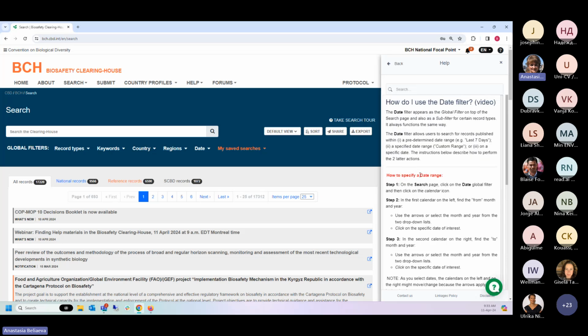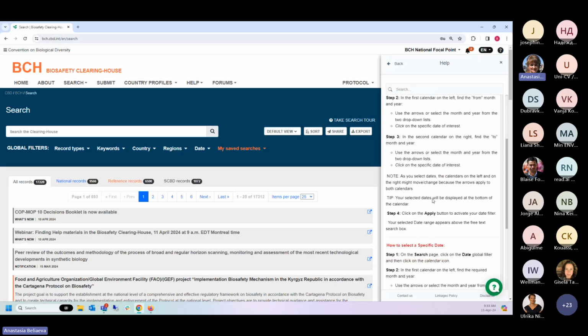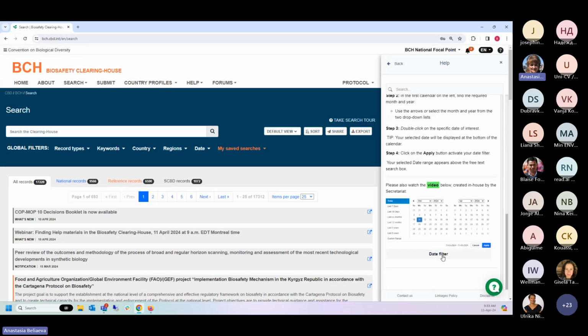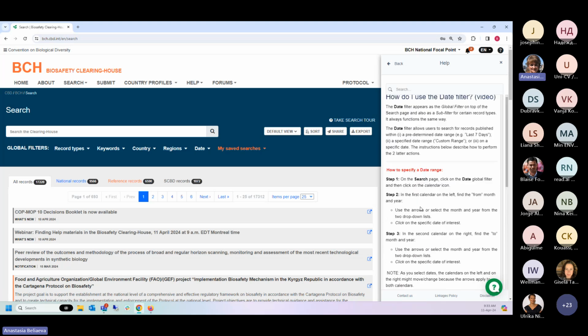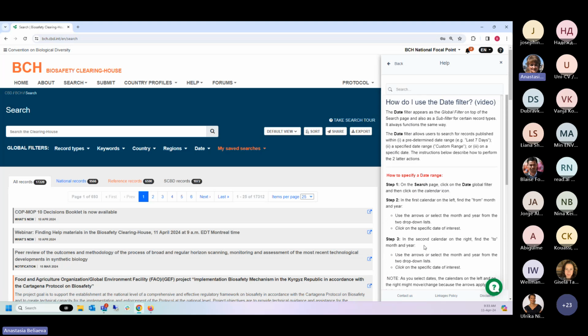See, the beauty is the article opens and you can read it. There's a video. If you click on the video, it will open, of course, in a new tab because it's a YouTube video, but you can also just read the text. And the beauty of the contextual help, what's convenient about it, is that you're still on the same page. You're not kicked out. So, for example, you can perform your actions.